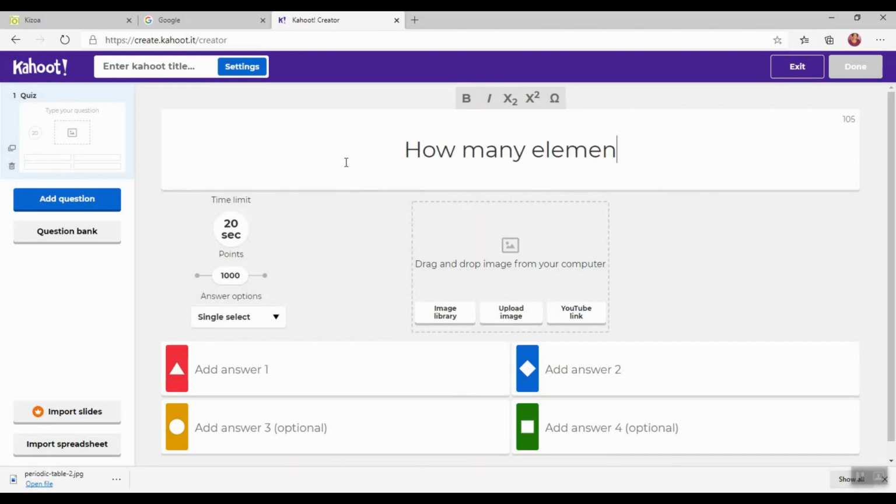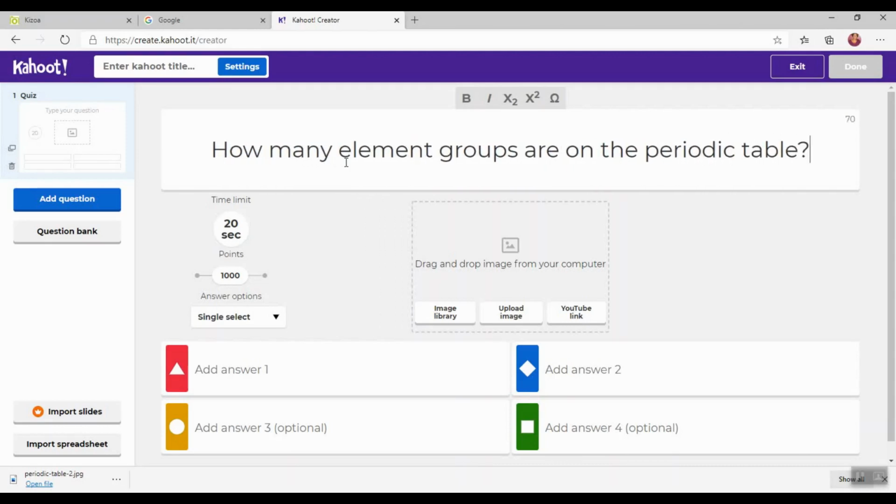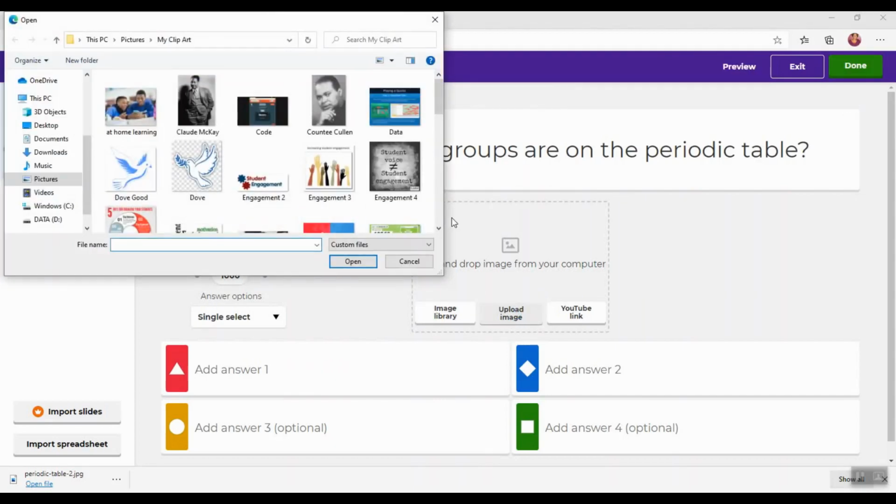How many element groups are on the periodic table? And then here I can put an image, and so I'm going to upload an image from my computer of the periodic table,